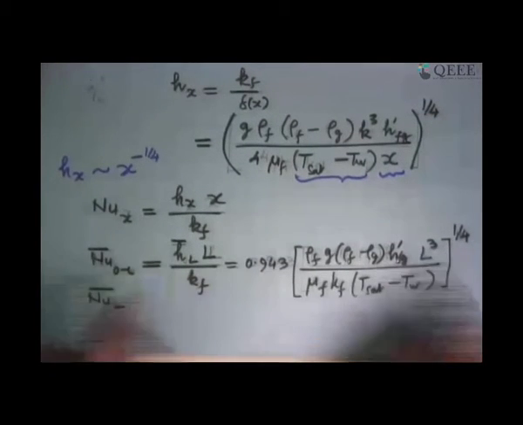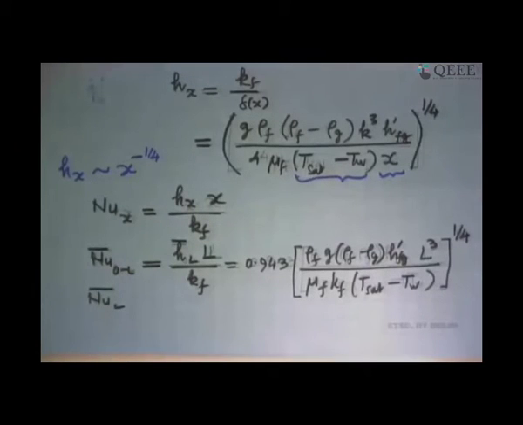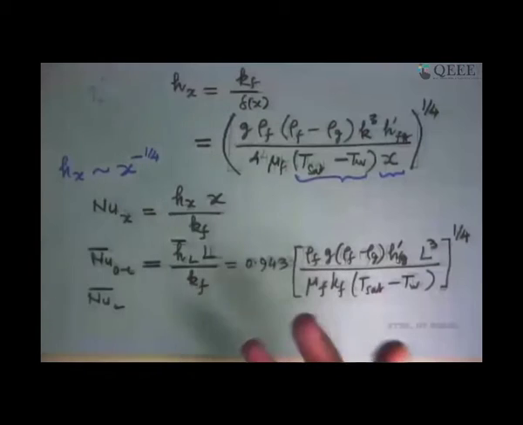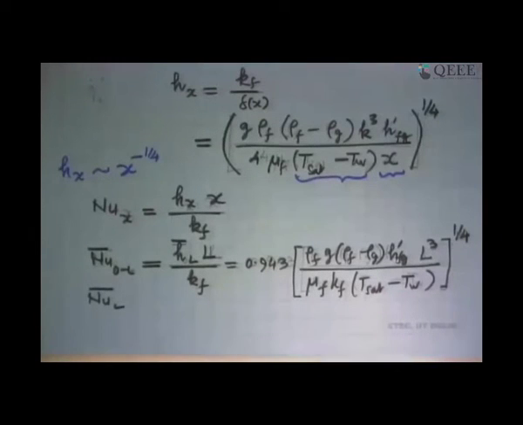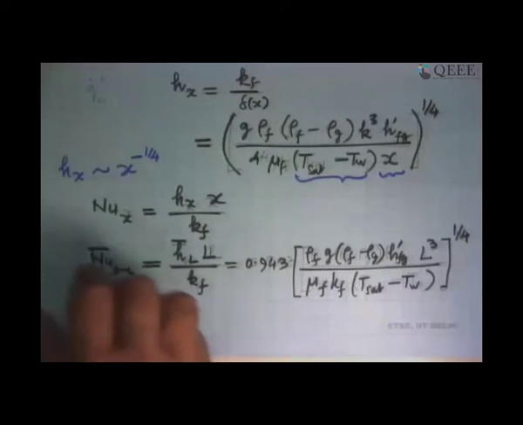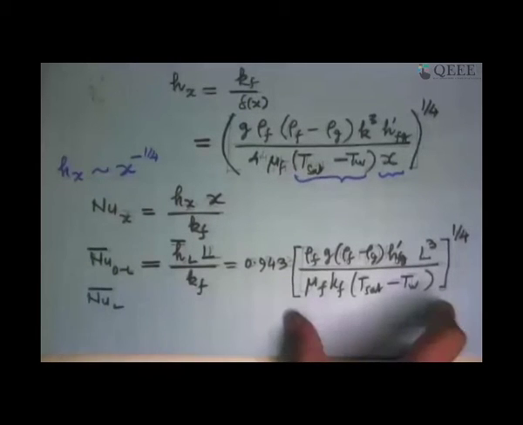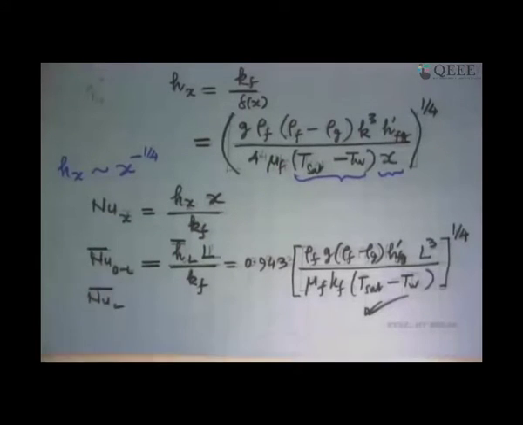But it's still a fairly messy looking thing, and we will do a little more jugglery on this part to try to make it into a non-dimensional number. Let's see if we can get a relation of a non-dimensional number as a function of another non-dimensional number, that will be the nice thing to have. So we have this as the working relation. We can use this for solving problems, no problem with that.